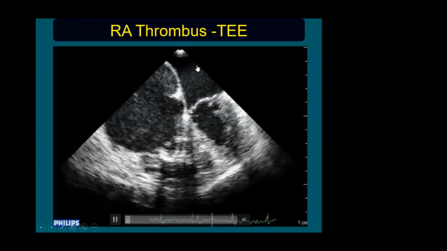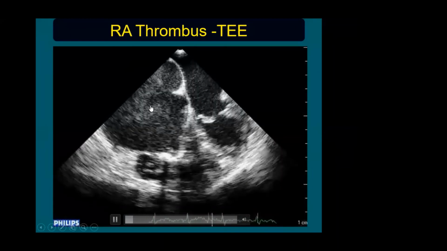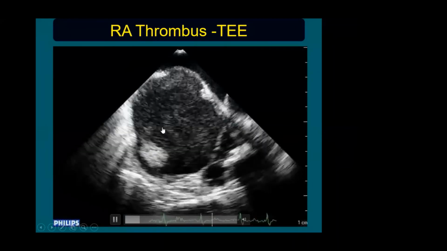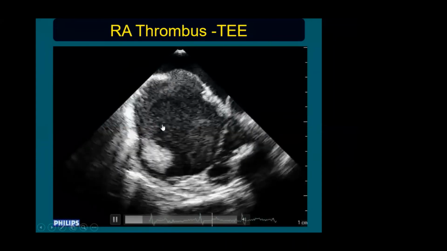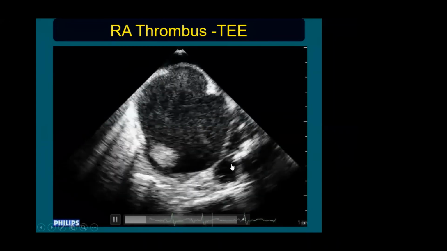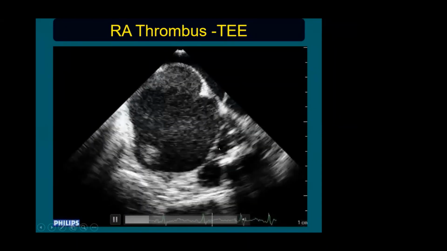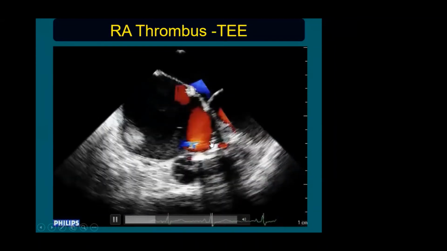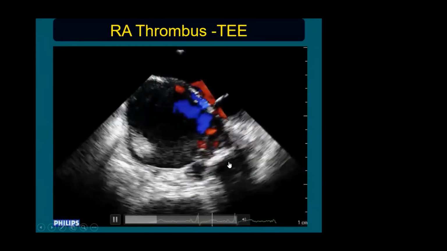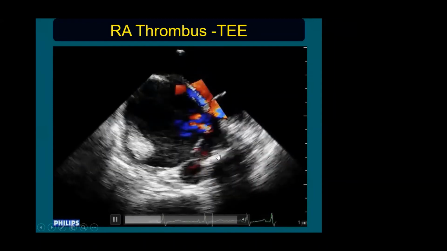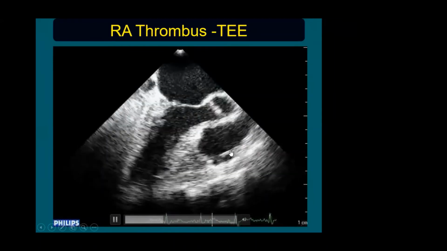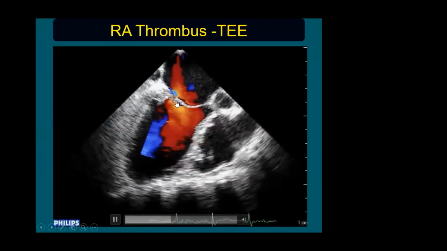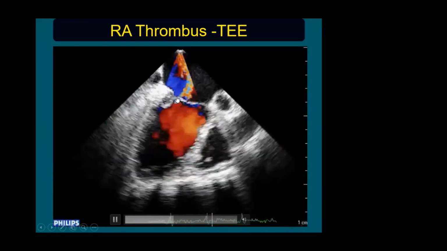This is another patient. You can see the transesophageal echocardiogram. This is the left atrium and the right atrium. The right atrium is dilated and there is a thrombus inside the right atrium. There is spontaneous echo contrast present inside the right atrium. There is calcification of the right ventricular apex, and also there is mild tricuspid regurgitation. So this is a typical patient with endomyocardial fibrosis, a burnt out endomyocardial fibrosis involving the right ventricle with calcification and a markedly dilated right atrium. There is a mild involvement of the mitral valve and the left ventricle also. There is a mild mitral regurgitation due to mild mitral valve involvement.